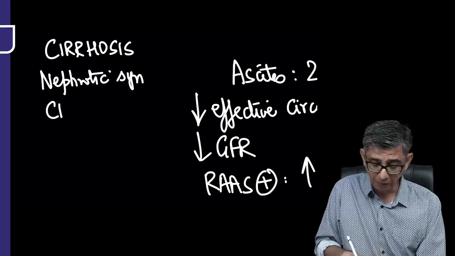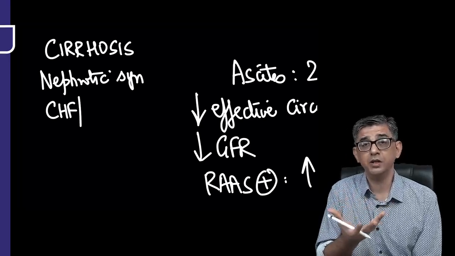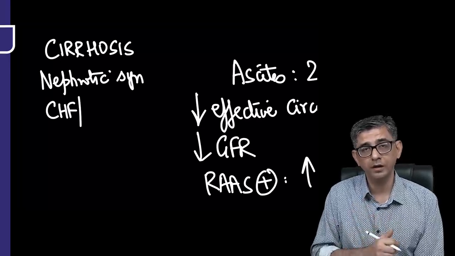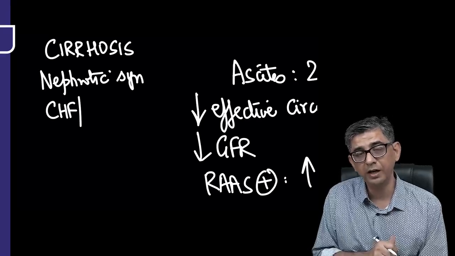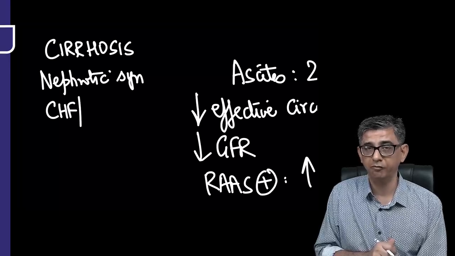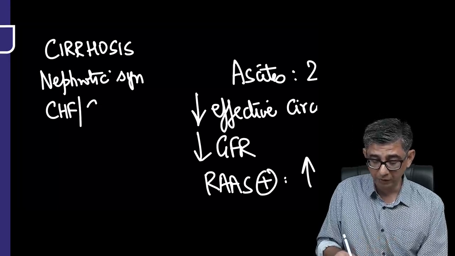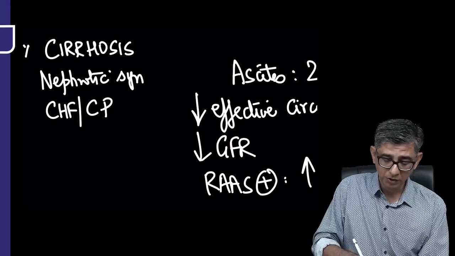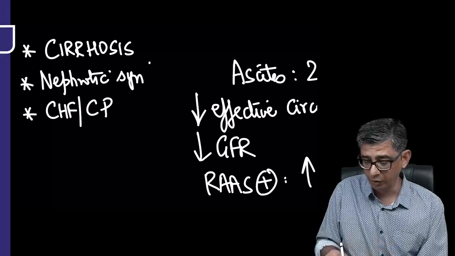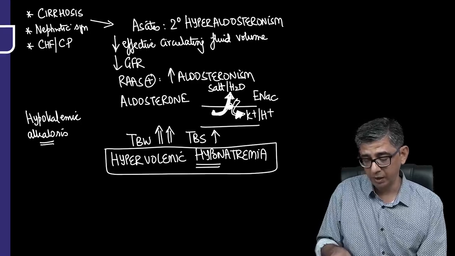Or he can say constrictive pericarditis, because if you listen to my discussion of constrictive, there's a calcification around the right as well as the left side of the heart. If you have a calcium deposition around the right heart, then the poor fellow, the right ventricle which is calcified, would not be able to dilate and relax. Therefore, the filling of blood in the right side of the heart is compromised, and therefore ascites could be developing in these patients. So cirrhosis, nephrotic, congestive heart failure, constrictive pericarditis, these are a couple of terminologies that an examiner might be using instead of ascites to describe what I've said,